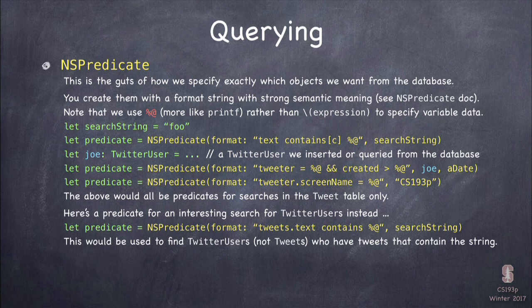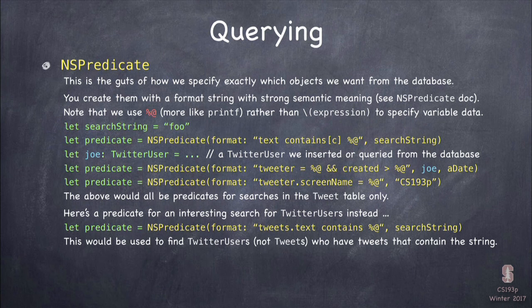And then I can also search through dot notation on other fields in other entities. But this tweeter.screenName equals %@ with CS193P, that's still searching for tweets. That's searching for tweets whose tweeter's screen name is CS193P. You see what it's doing there? This is still a tweet predicate. This is not a Twitter user predicate. Okay? So here's a different predicate. This one is for a Twitter user. So here I'm searching for all the Twitter users who